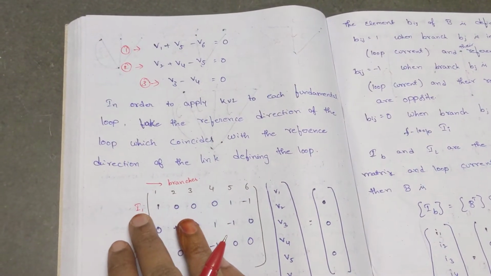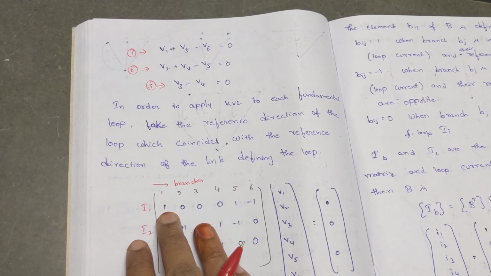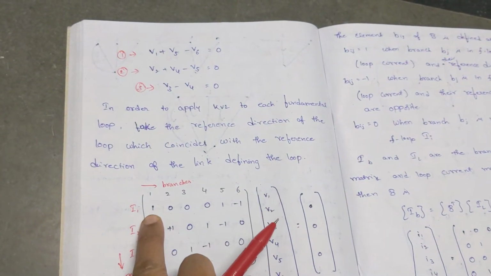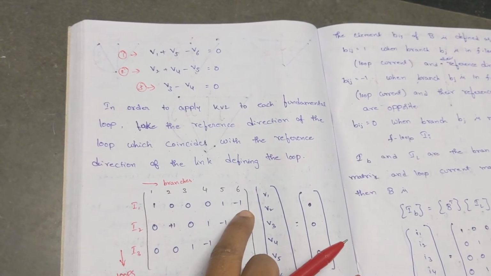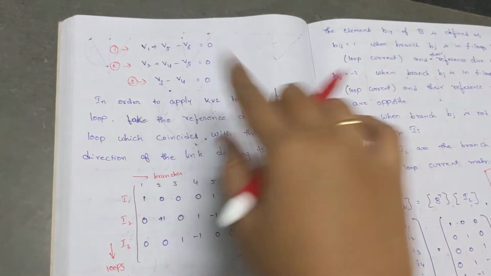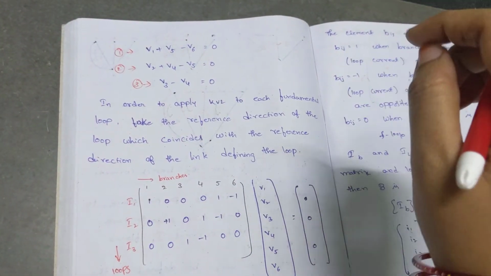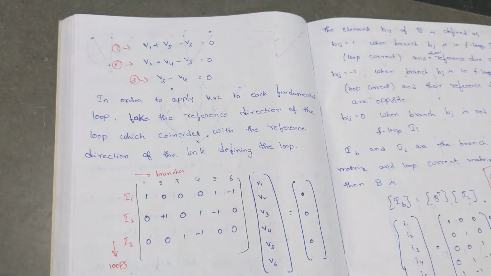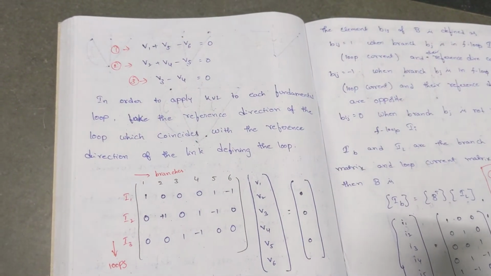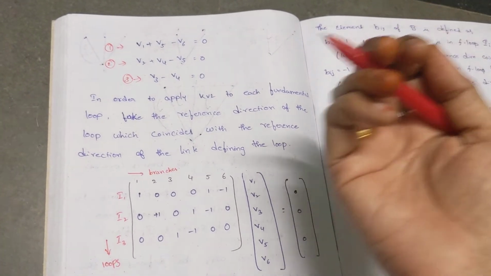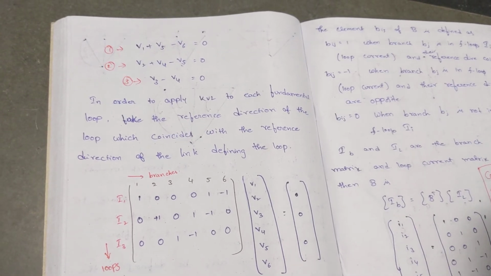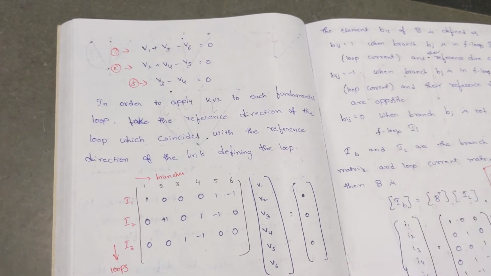So when I consider this, if I draw for the loop 1, V1 is available, V5 is available, V6 is available. Already the direction is mentioned, so no need to bother about the direction, similar to your incidence matrix, whether it's towards or away from the node. First of all, we go for the KVL equations, then we can draw the conclusions whether it coincides or is opposite.